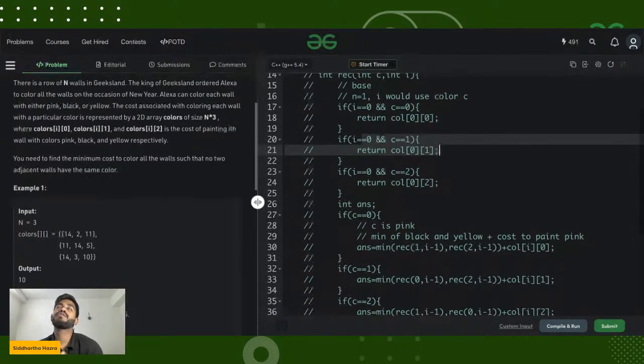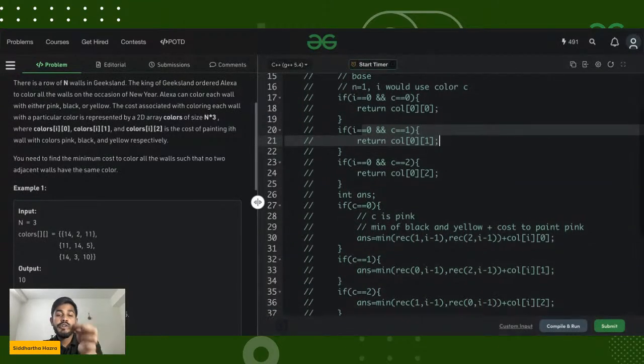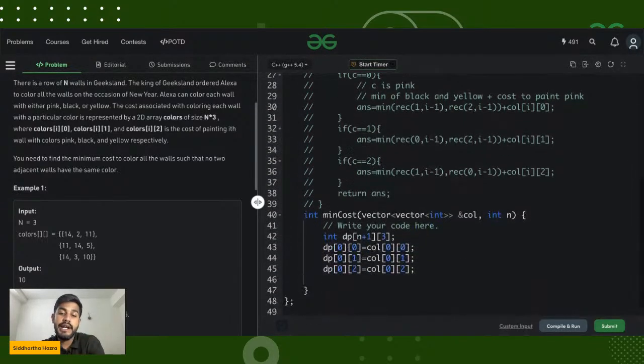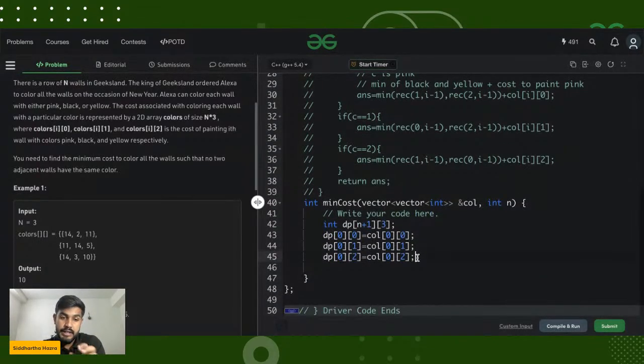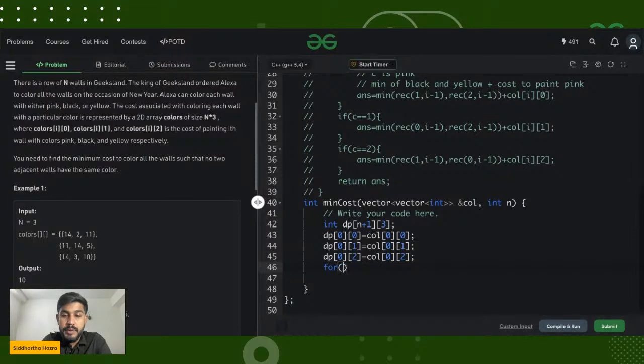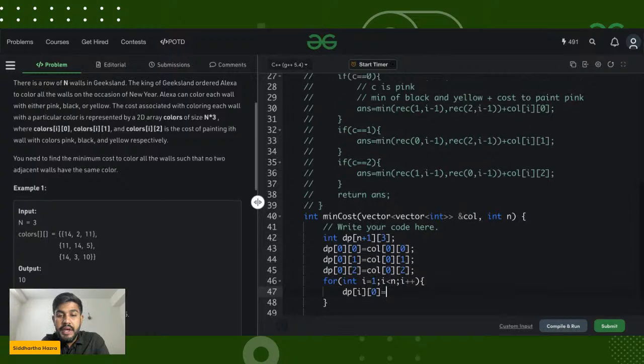So whenever you're not understanding the tabulation approach, make sure you write the memoization or recursive approach so that you can relate why I am writing this, why I'm writing that. So now we would start the for loop. So for int i is equals to 1, i is less than n and i plus plus. Okay, and then I would say that dp of whatever be the i, and if c